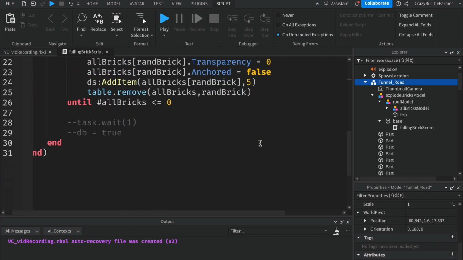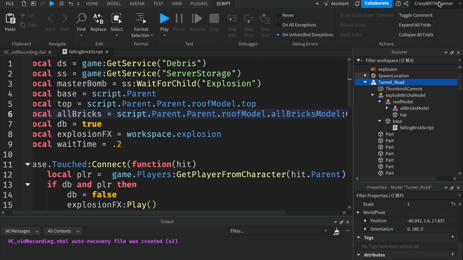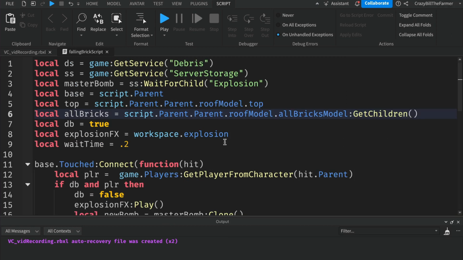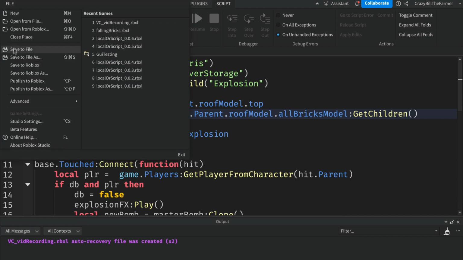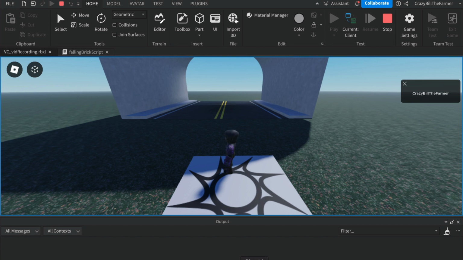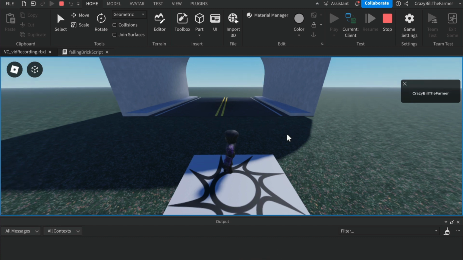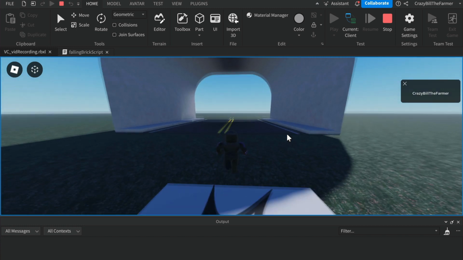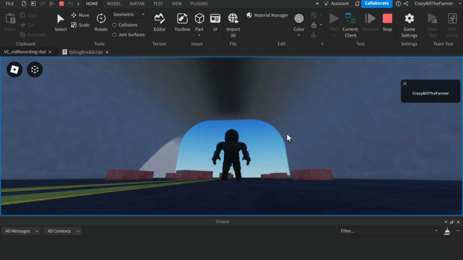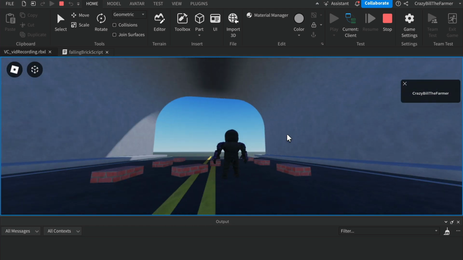So the rest of this should now all just work as expected if you have managed to sort out your file paths here. And the best way to do that is click on File and Save, and let's give it a play. Right, I'm all loaded in. I didn't get any errors down the bottom here, but if you did, chances are your file path was not correct. And then we've got our new model, and if I run in here now, we've got all the bricks falling down from the roof, and it's working just the same,